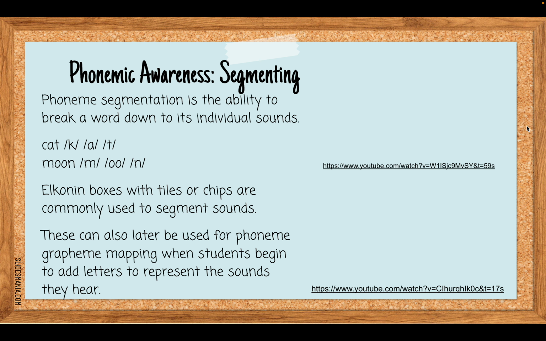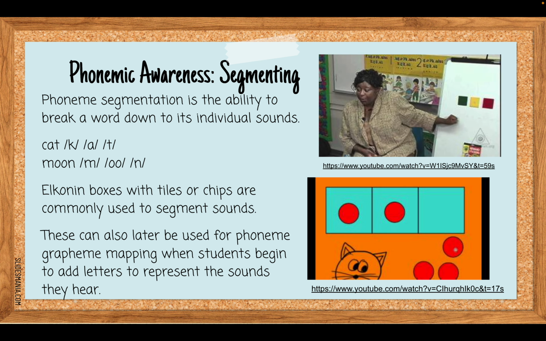Okay, so a little more complex skill than phoneme blending is phoneme segmentation, which is also a key skill for students to learn as they are preparing to learn how to read. These are all pre-reading skills. And so phoneme segmentation is the ability then to take a word and break it apart to its individual sounds. This is going to be key for students to be able to later encode, to be able to write and spell words, right? To be able to take those words and segment them and be able to hear the individual